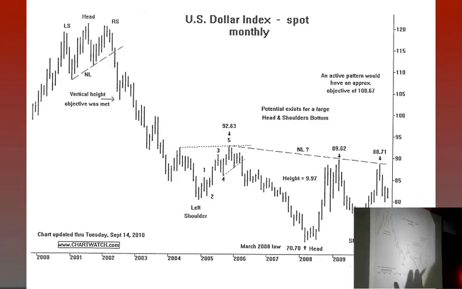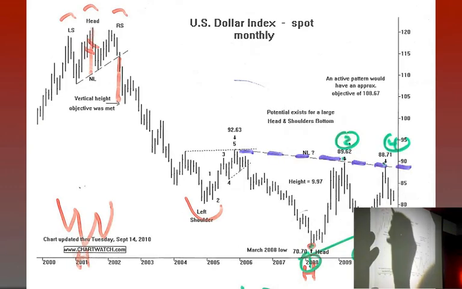Okay, the reason why I wanted to show you this is take a look at our old friend, if you're a classical bar chartist, the head and shoulders formation. Back when the euro was first created and it started trading, there was a head and shoulders top on the dollar index. Just to refresh your memory, you would go from the extreme of the head down to the neckline. You would take that distance, and I take my low-tech dividers here and move it over to where the neckline is broken. That gives you the downside measuring objective. That's this classical high-low close bar chart. So you can see this vertical target was met.